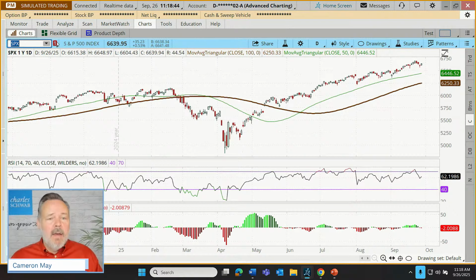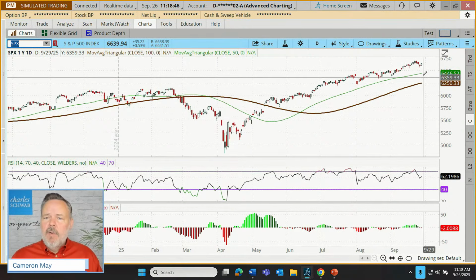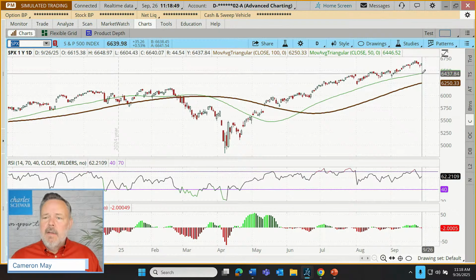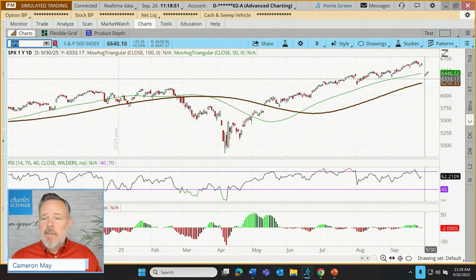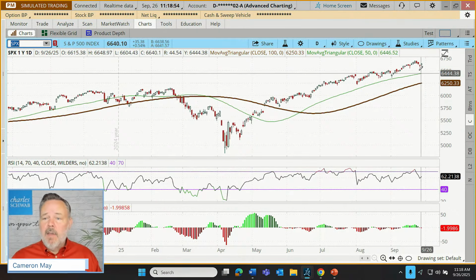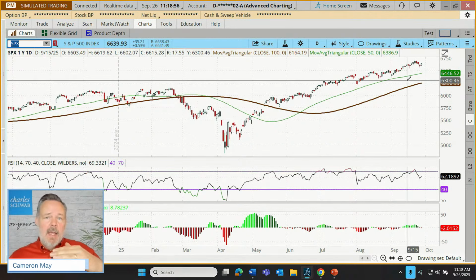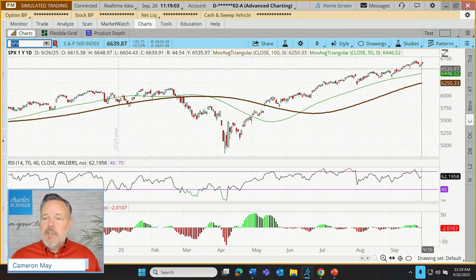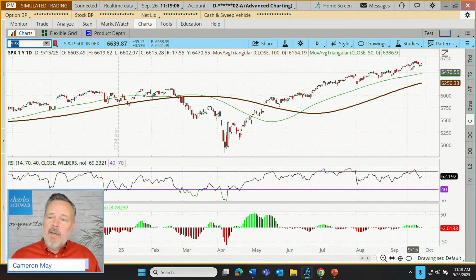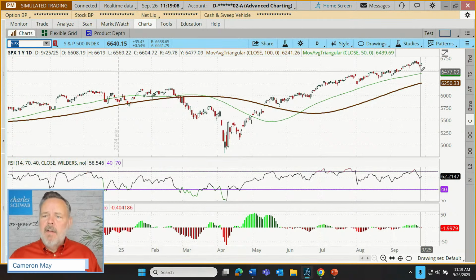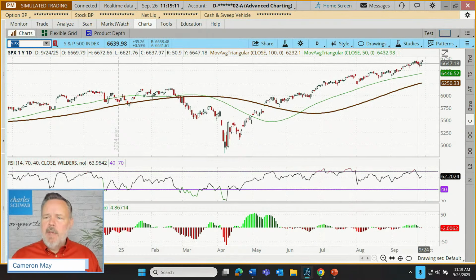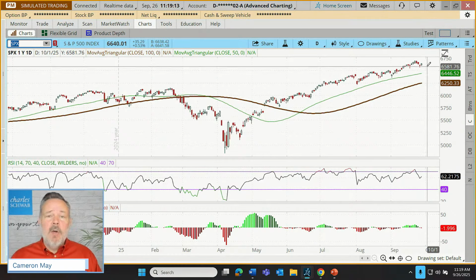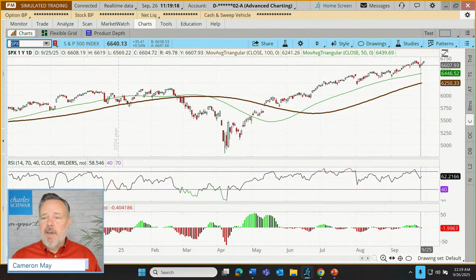All right. The S&P 500, we're looking at this through that 50 triangular moving average, 100 triangular moving average. You can see the 50 has been advancing above the 100. In other words, our intermediate trend line has been strengthening ahead of the longer-term trend line. And for some traders, that can be a confirmation of trend strength and continuity. And right now it looks like we have a continuation of a bullish trend. Yep, we had a few days of selling. Looks like we may even have a close above the high of the low day bounce on the S&P 500.